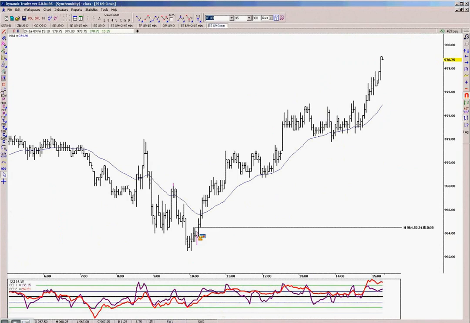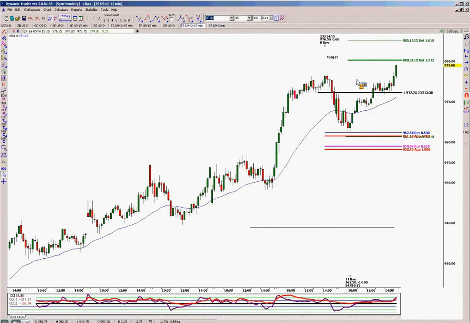Here, you would have hit that zone of support down here. Low was made at 962.5. And once it took out 964.5, you could have gone in. Now, for some people, they'll say, well, that's too far away from the support here. But the upside potential off of that 15-minute chart, once you made that low, was 980. So is it really too far away? Not necessarily. If you can have a decent risk reward in the market, then maybe not. Now, let's see what else we have here.